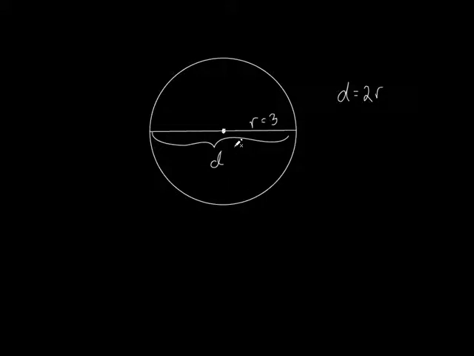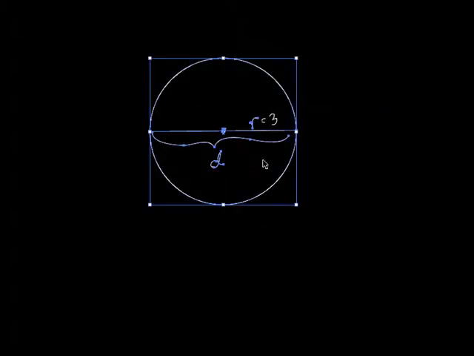Okay, what if I told you the diameter was 10? What would the radius be? It would be 5. Now listen to what I said. If the diameter was 10, that's the longer one, what would the radius be? It would be half of the diameter, which would be 5. Okay? So we got to keep some of those things straight before we even talk about the